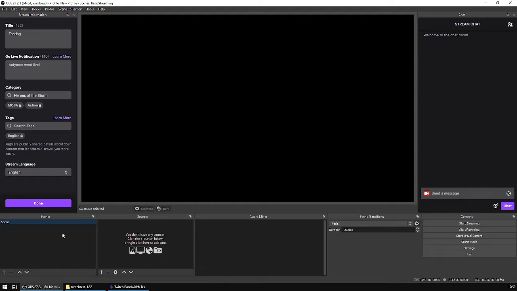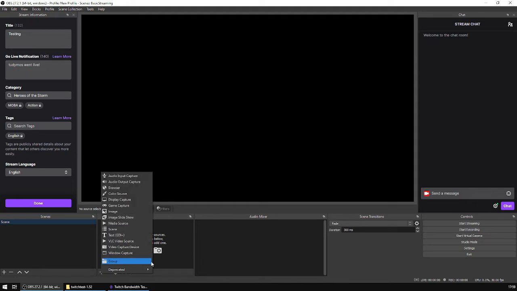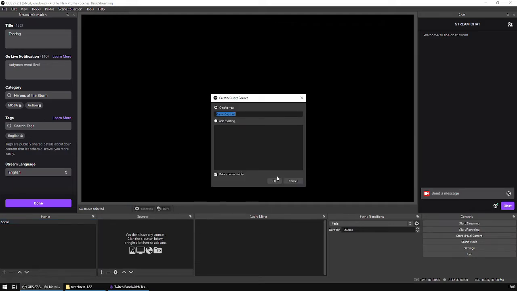So the first thing you want to do is add some stuff to your scene. We're gonna talk about the difference of a scene and a source, and hopefully this will become clear. The first thing is just our Hello World example. Because we want to cast Heroes of the Storm, we're gonna add a game capture. Currently I have Heroes of the Storm open on the other monitor, right? So I'm gonna call this Heroes Game